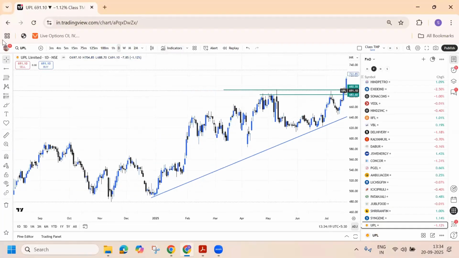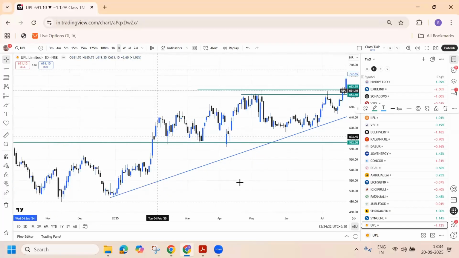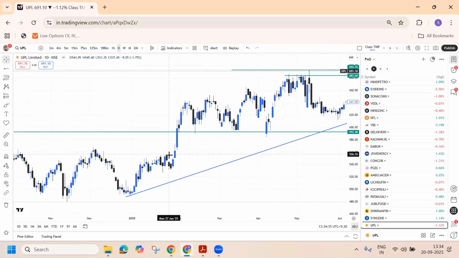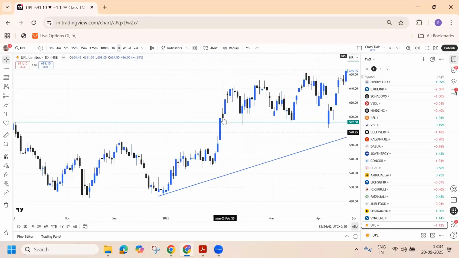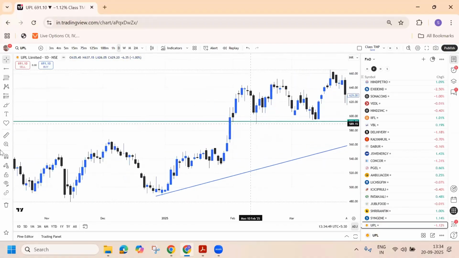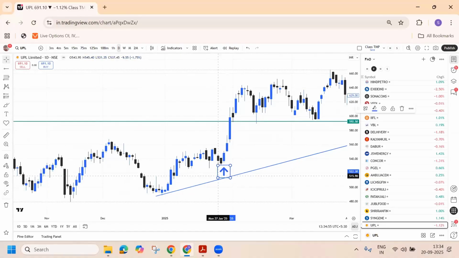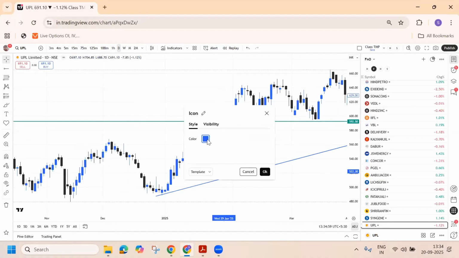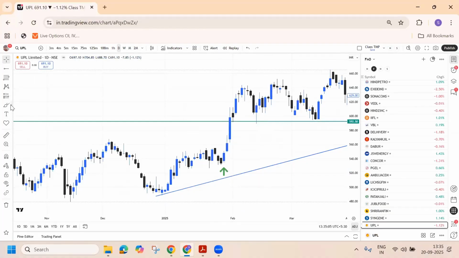the previous two candles. When the stock is breaking out this level, first it is important to mark this level, which is the previous swing high. Now, when the stock is breaking out, you will see the previous two candles. This is called the two candle theory. This is the candle in which the price is breaking out. Now, I will look at two previous candles. Which are the two previous candles? Let me use a different color so that it is easy to recognize. One is this one, and another is